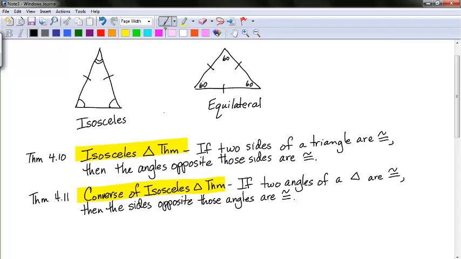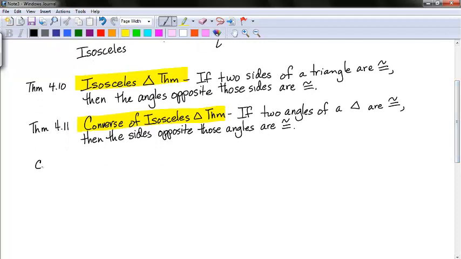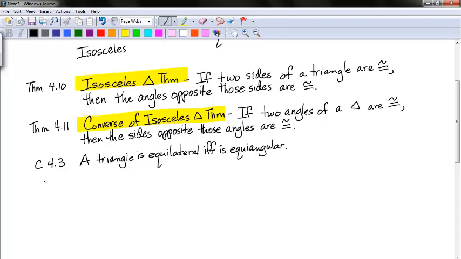Okay. Then there's two corollaries. Corollary 4.3 says a triangle is equilateral if and only if it is equiangular. So if all the angles are equal, then all the sides are equal. Okay? And then corollary 4.4,